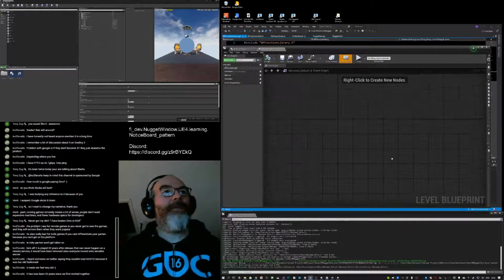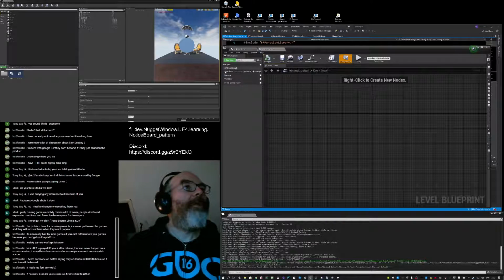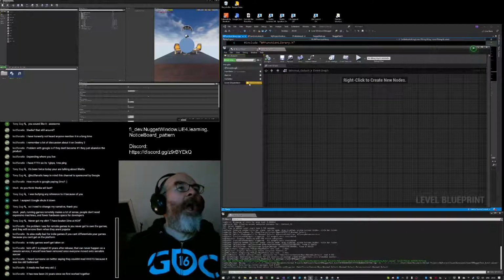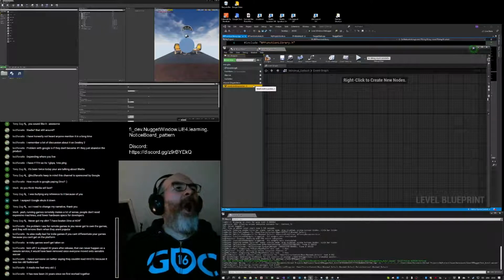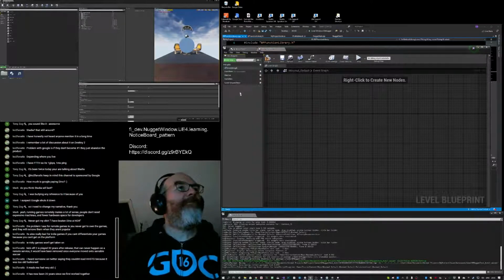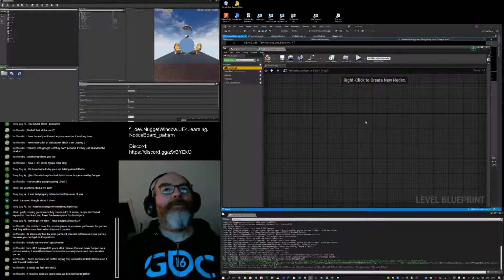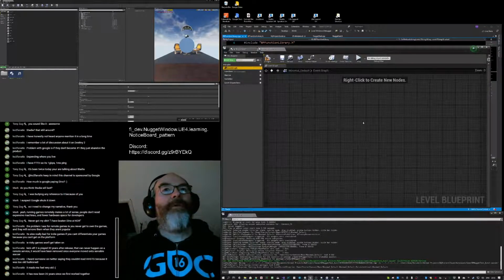Nothing in here. Event graph. Where are the?